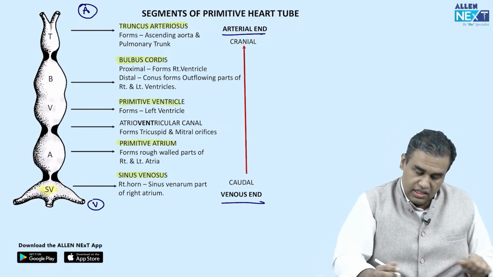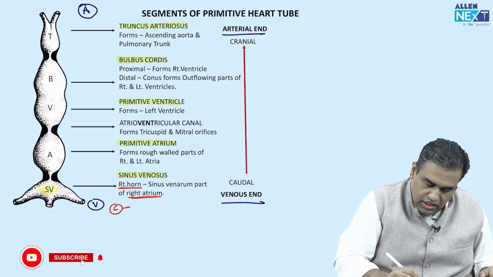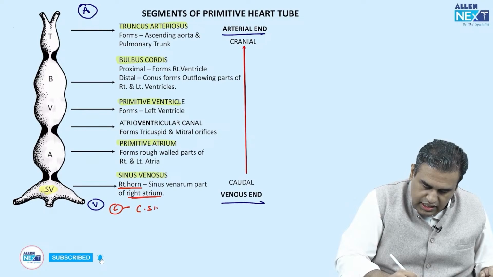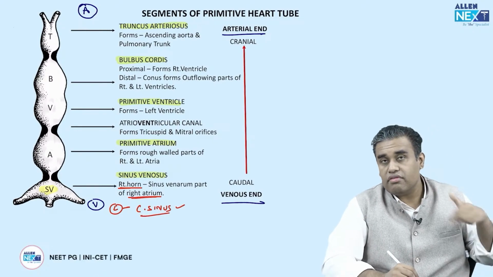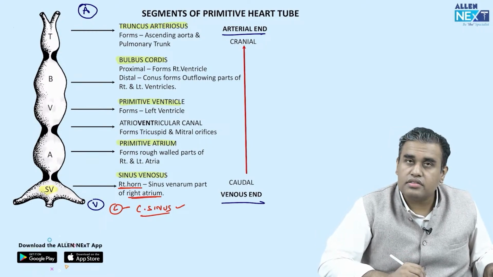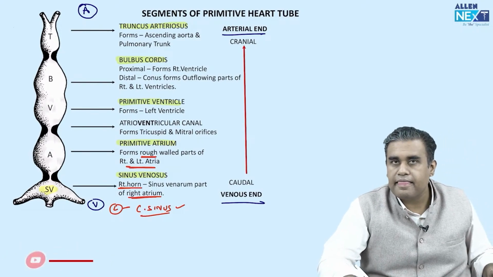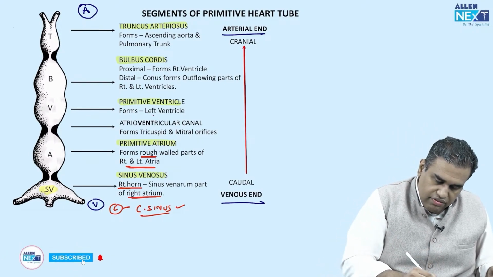साइनस वेनोसस में याद रखिए the right horn, it forms a part of the right atrium. अब सर लेफ्ट हॉर्न क्या बनाता है, लेफ्ट हॉर्न भी लिख लो यहीं पर, it forms the coronary sinus, जो वेन थी, that vein which runs along with the coronary artery, cardiac veins, they form the coronary sinus. उसके ऊपर primitive atrium में आओगे तो ये रफ पार्ट बना रहा है दोनों एट्रिया का। उसके ऊपर primitive ventricle में आओगे, mainly forms the left